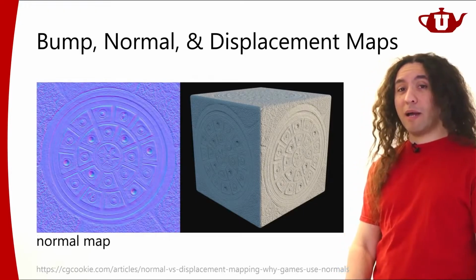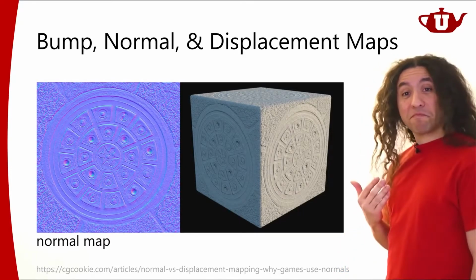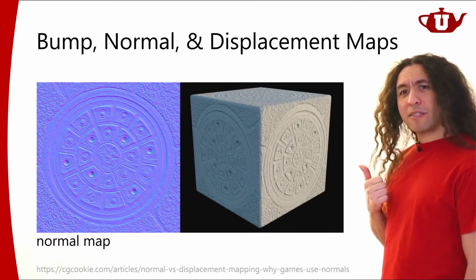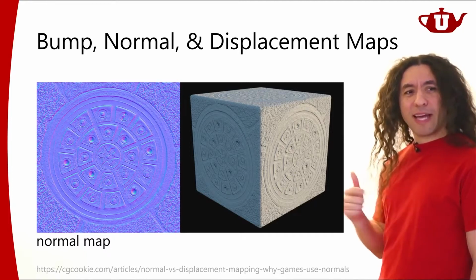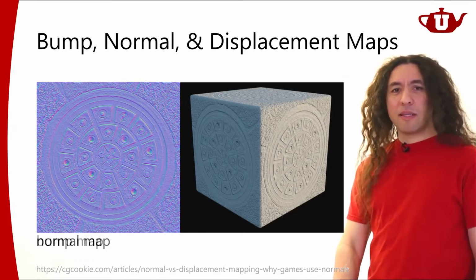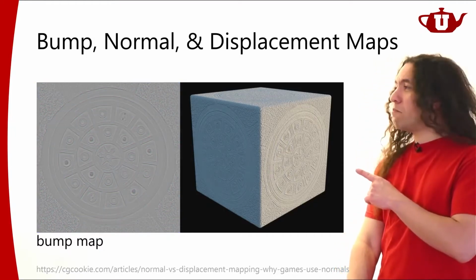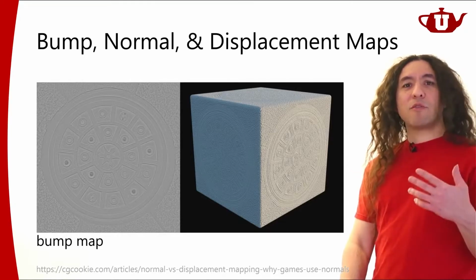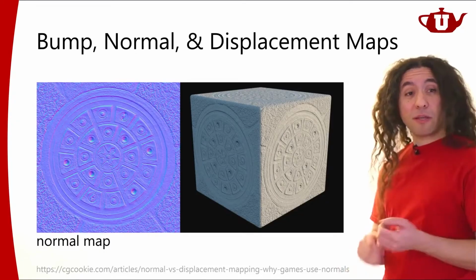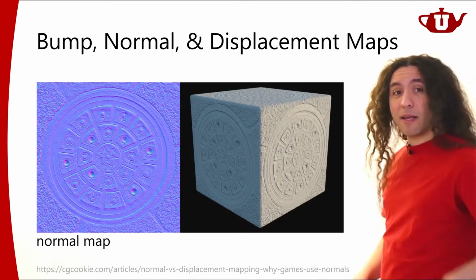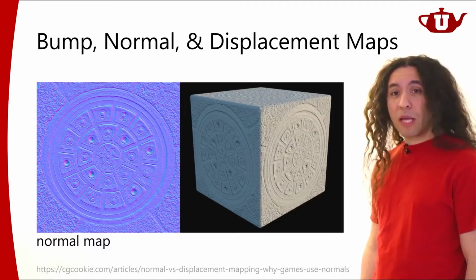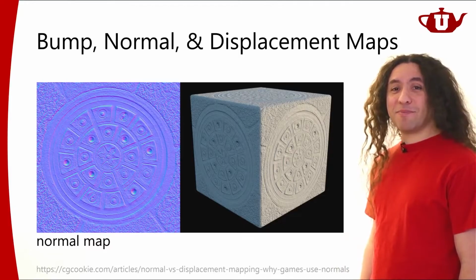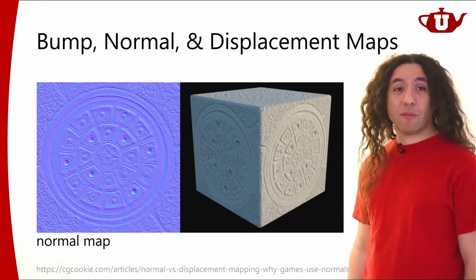I can do the same thing using normal maps. Here's the corresponding normal map. Same thing, but it seems like these normal differences are a bit more exaggerated. And that's related to what I was telling you earlier. The normal map might be corresponding to this particular height map, but I can represent normals a bit more freely using normal maps, so I can specify these details with a bit more detail. So oftentimes you will be able to get much nicer looking results using normal maps because of that.